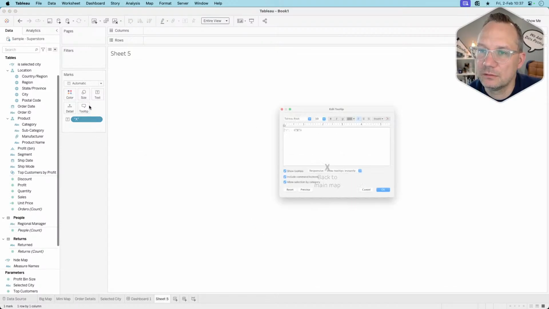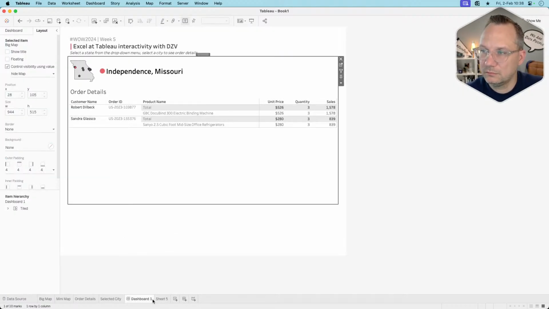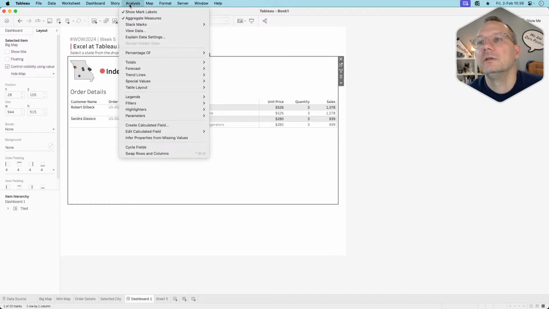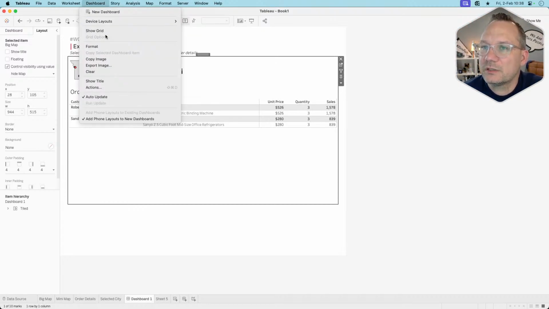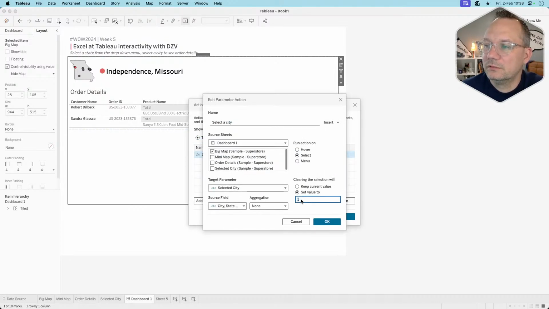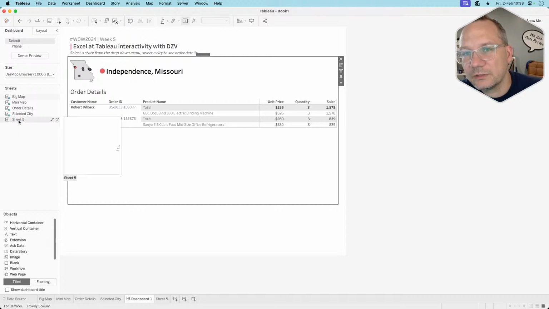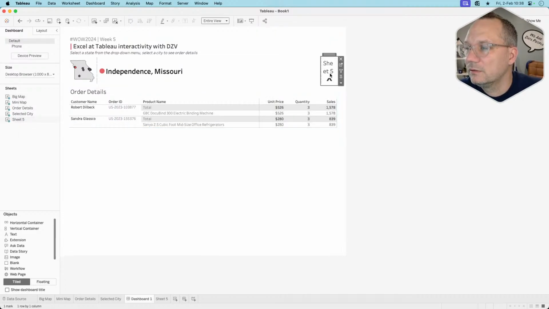Click OK. We don't want to show the tooltip, but what we can do now is, let's see, we need to do a dashboard action, and we need to change this to an X, and we will put sheet 5 here,